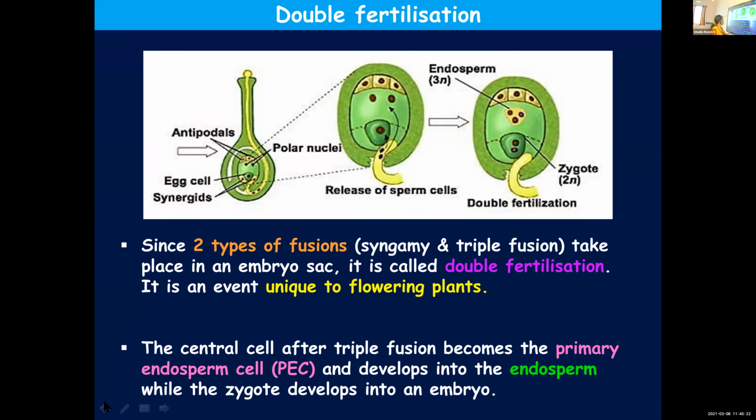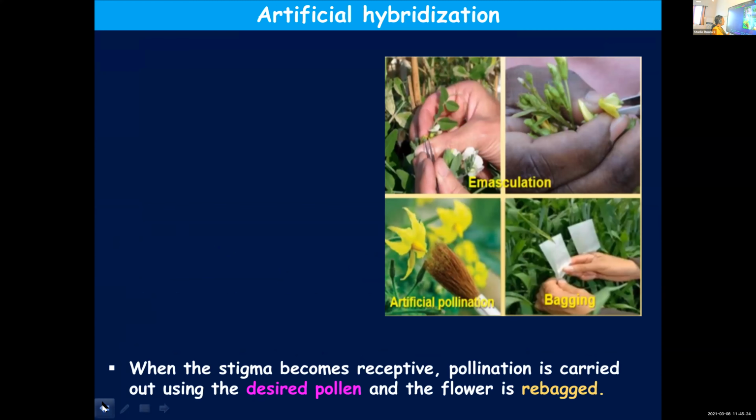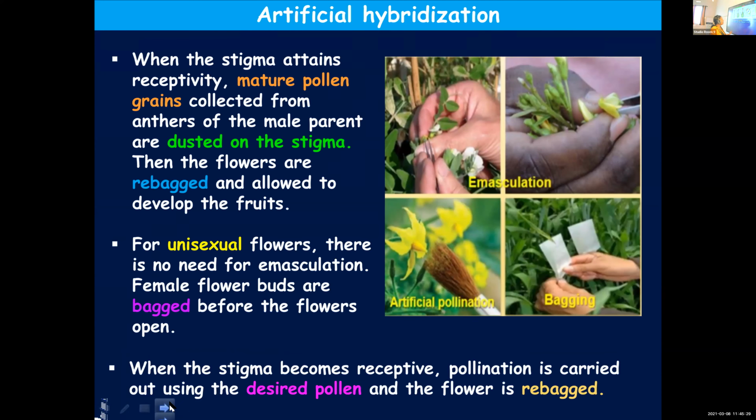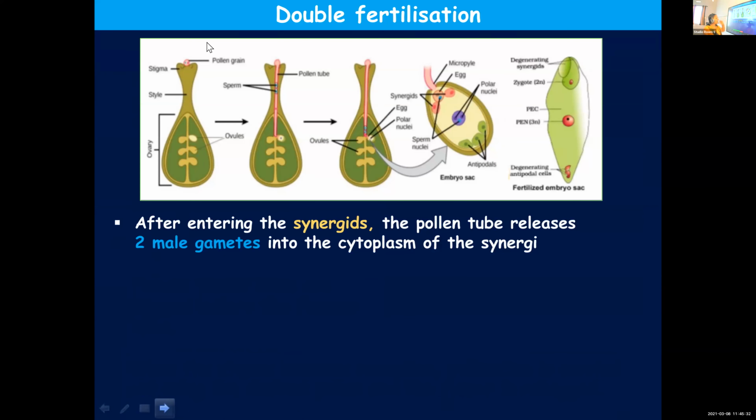Okay, I'll repeat all the points once again. Those who haven't understood, please listen carefully. So we were discussing a unique process found in flowering plants, and here, in double fertilization, two fusions are taking place. And you know that when the pollen germinates on the stigma and forms a pollen tube, the contents present in the pollen grain will be transferred to the pollen tube, and the pollen tube will carry it to the ovule. It enters through the micropylar end.